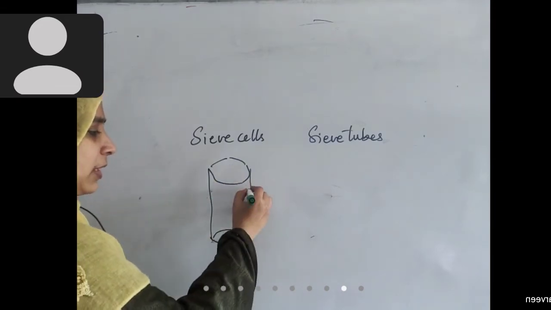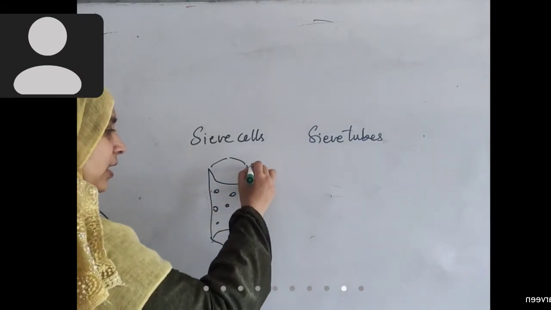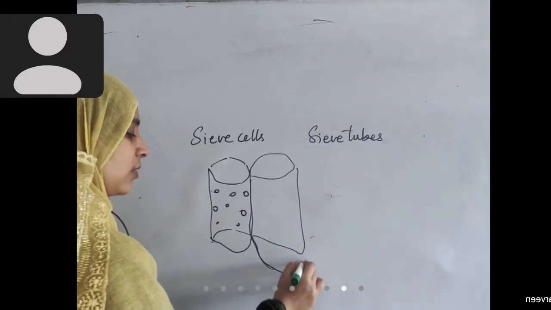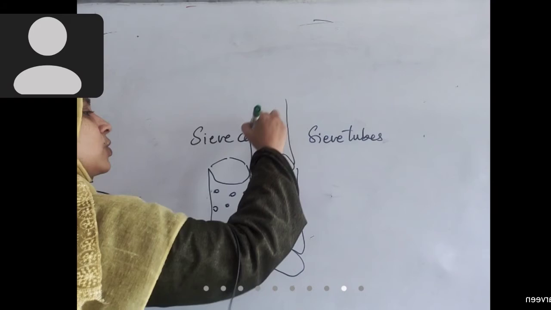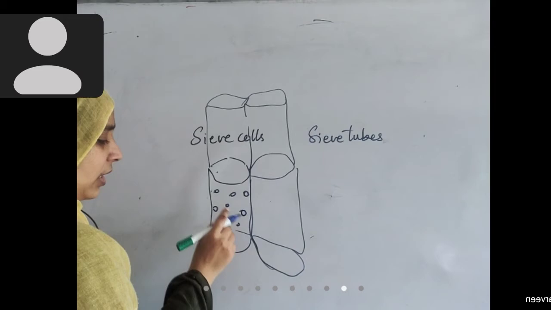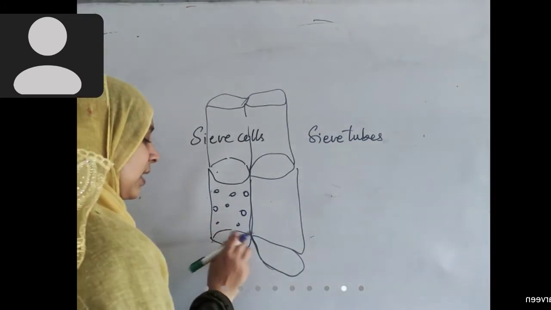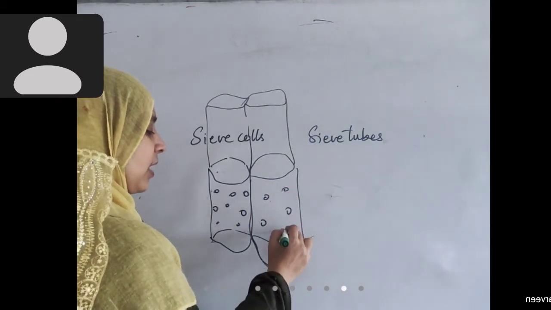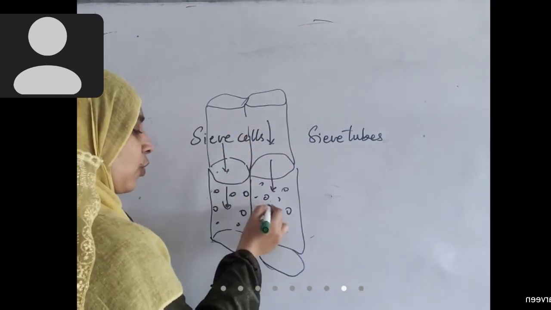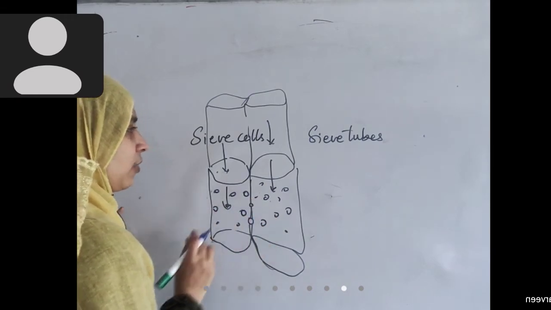Open, there is no plate in between. Okay, here holes are present on the walls, and next to this sieve cell another sieve cell will be there. Continuously with this there will be another, but there is nothing in between. Holes are present, that's all. There is no sieve plate in between, like we saw perforation plates in case of vessels. Here nothing is there, here holes are there. Food material flows directly like this, from here to here, through these common holes that are present in between.